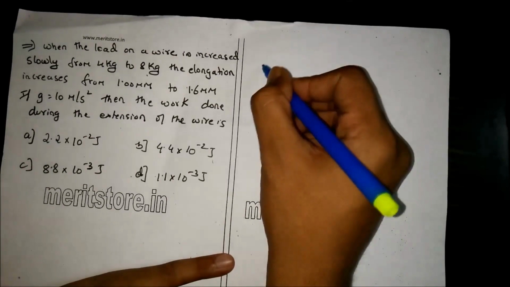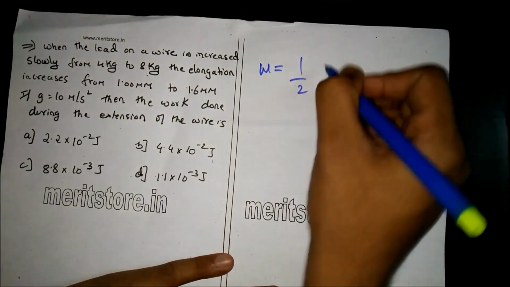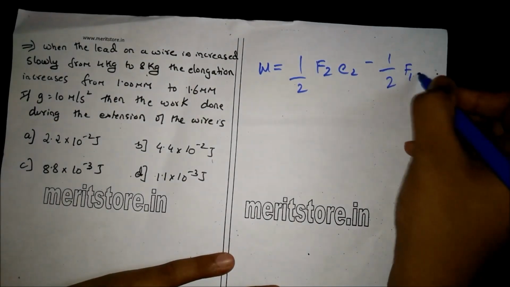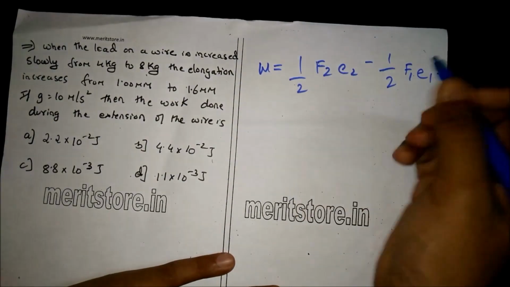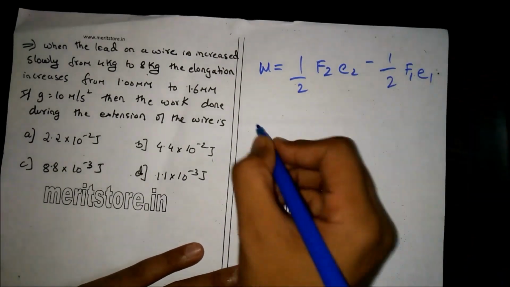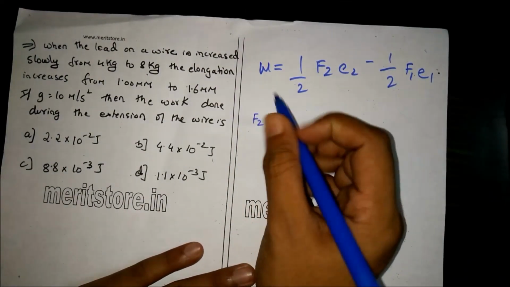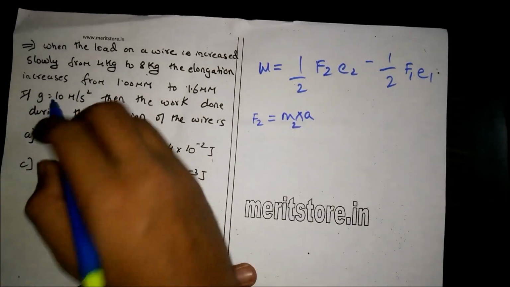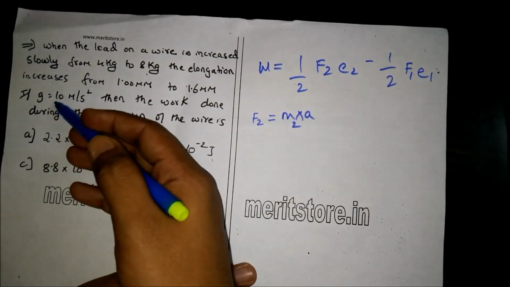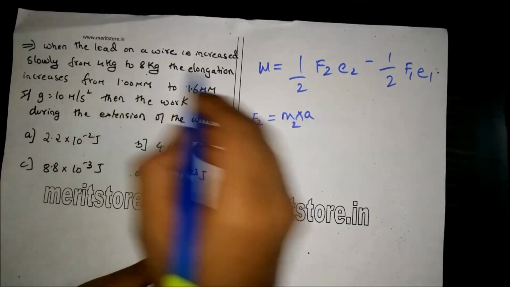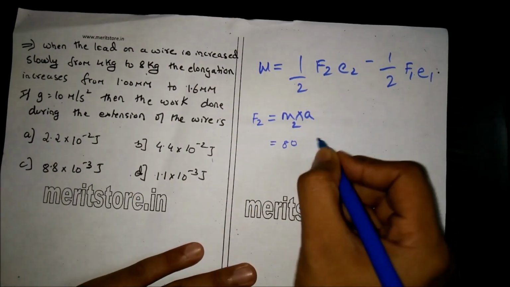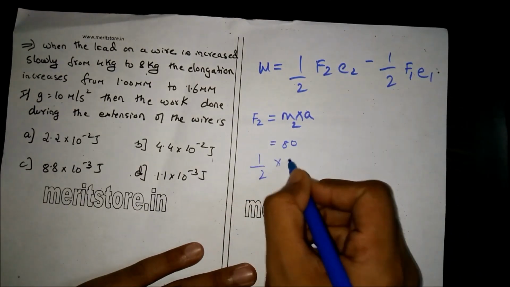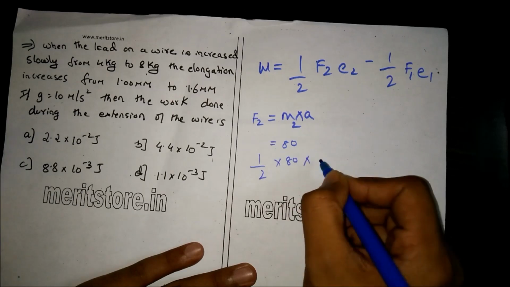Now the formula for work done is W equals half F2 E2 minus half F1 E1, where F is the force and E is the extension. Here F2 will be mass into acceleration, m2 into a, where a is acceleration due to gravity, which is 10, and the second mass is 8 kg. Now substituting the values, we get half into F2 is 80 and E2 is 1.6 millimeters,